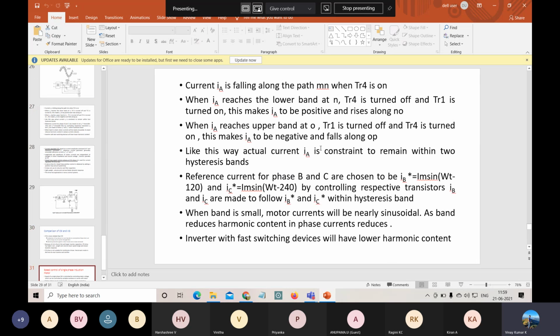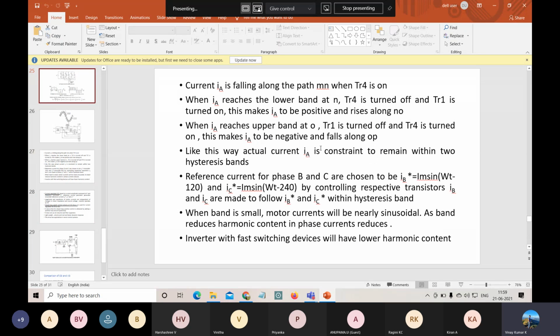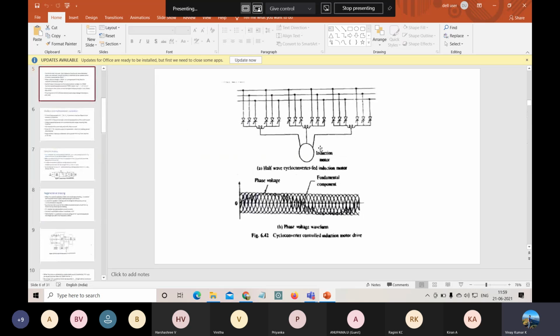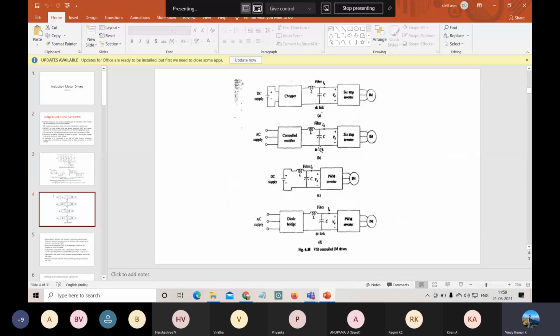Okay. So this is about the comparison. CSI drive is not suitable for multi-motor drives. I will give one brief revision of how the VSI and the CSI drives work. So this was our VSI drive.